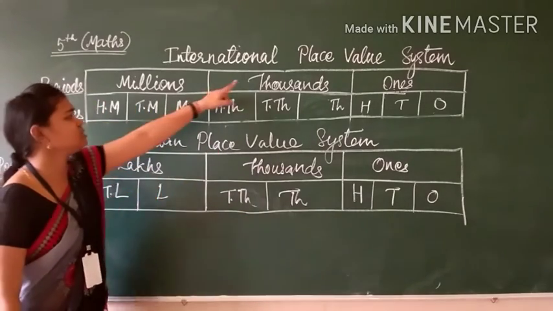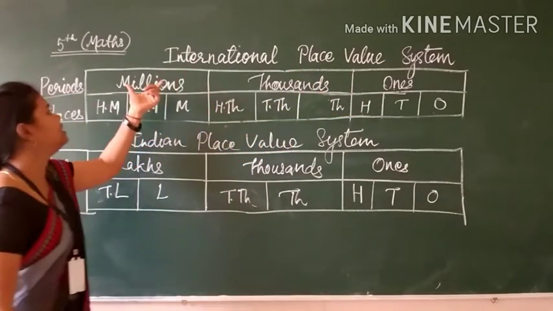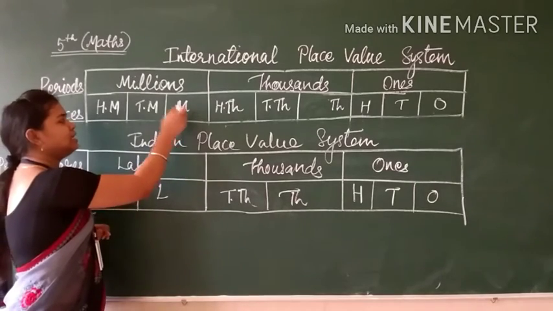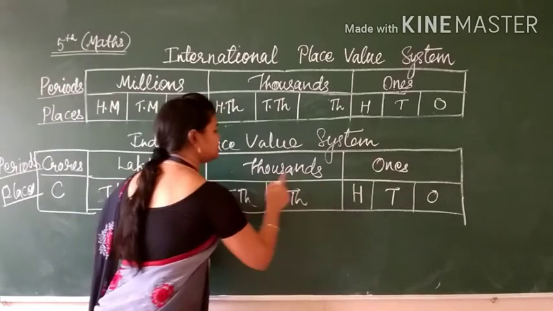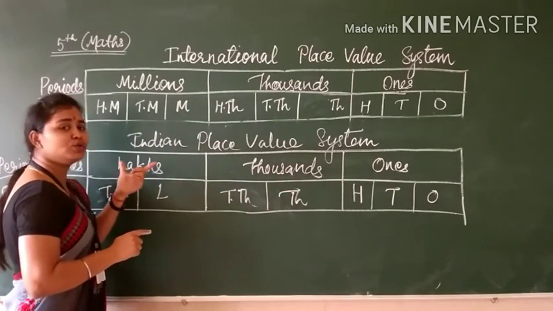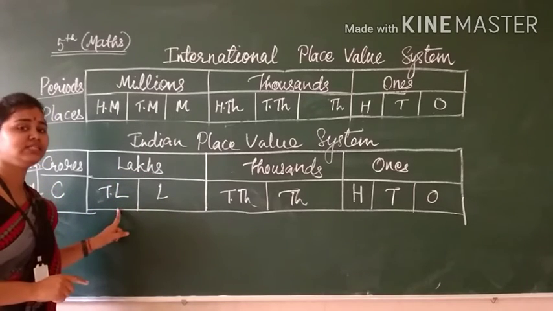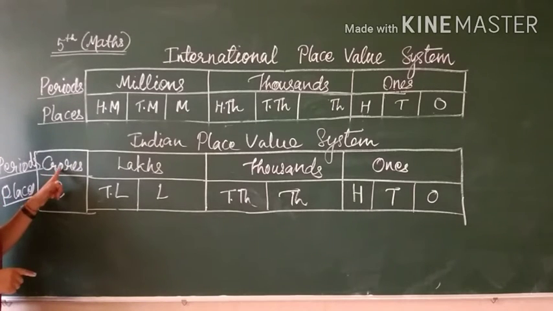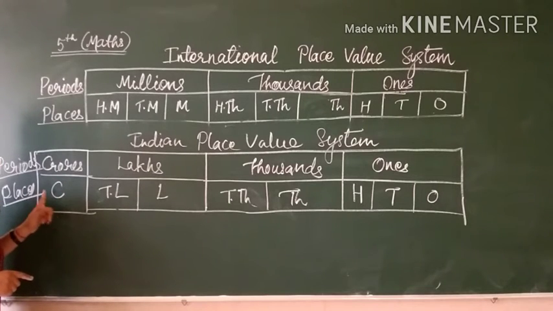Now the third period. This is the first period, second period and third period. The third period is again having three places, that is million, 10 million and 100 million. But here the third period, after ones and thousands, is lakhs. And lakhs is divided into two places, lakhs and 10 lakhs. After lakhs and 10 lakhs, this is divided into the next period, that is crore. The fourth period is the crore, and crore has 1 crore, and more it can be extended, that is crore, 10 crore.